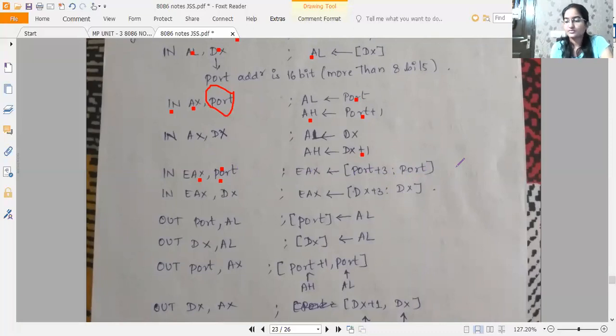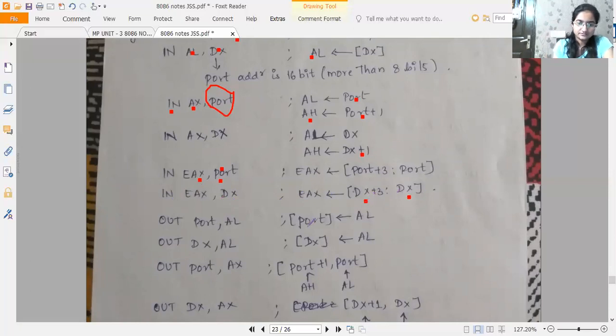So port plus 1, port plus 2, port plus 3, these are the 4 addresses being accessed, meaning 8-bit data being accessed 4 times. That means a total of 32 bits of data we have loaded from a particular port to the 32-bit register, EAX. Next is IN EAX, DX. So DX is holding the address; DX to DX plus 3 data will be loaded into EAX.